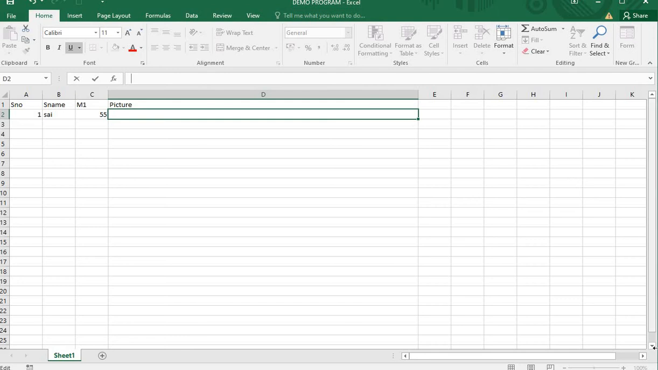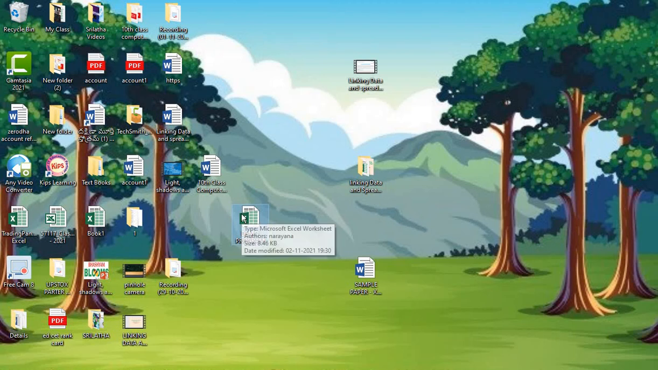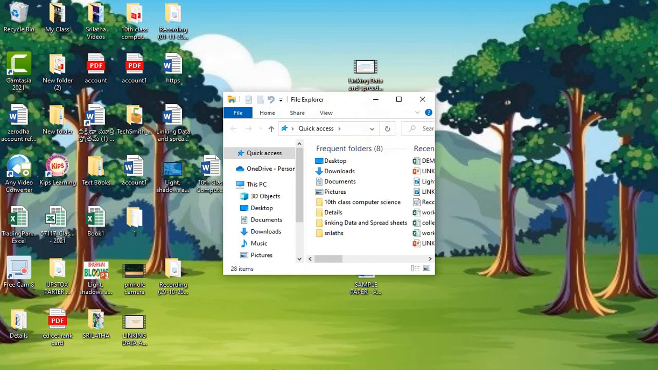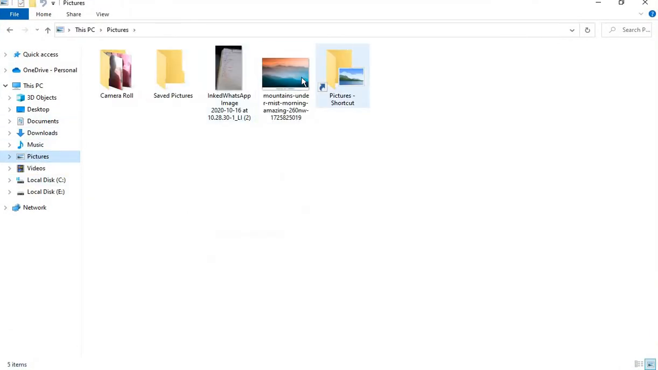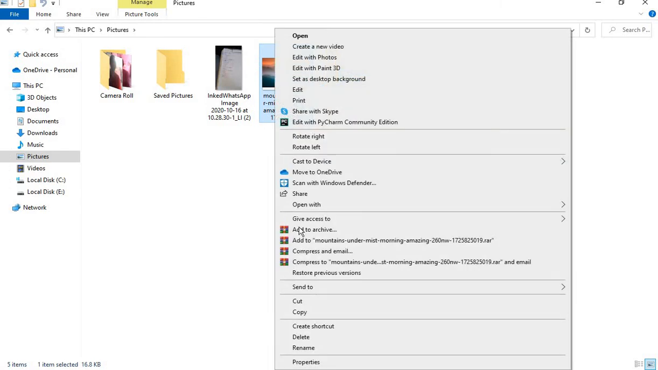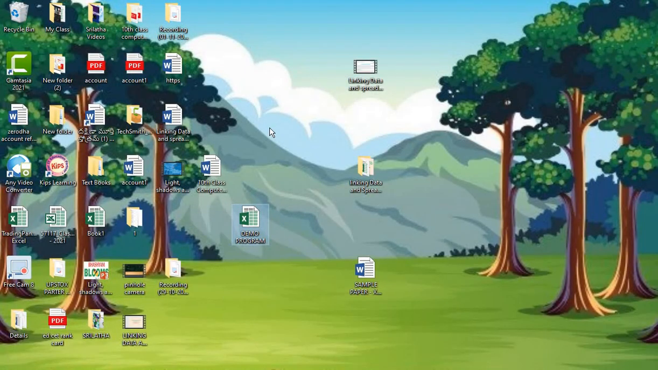I have saved this file on the desktop only. Now I want to save another file. I have saved one file in the Pictures folder. See here, here is the picture. I have saved this picture in the Pictures folder. Now again I am copying this picture and saving it on the desktop. Why? Because